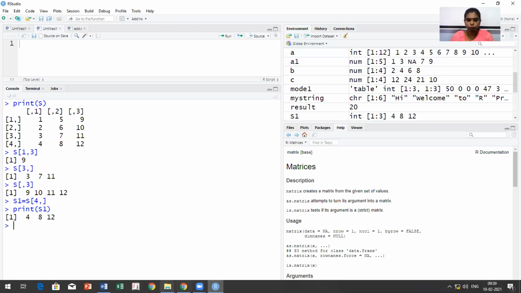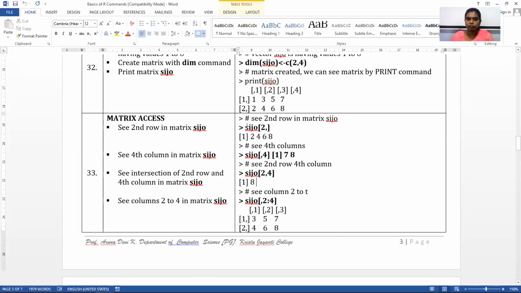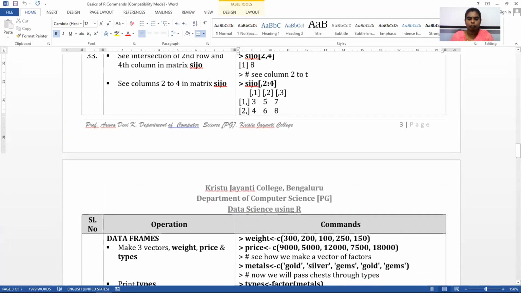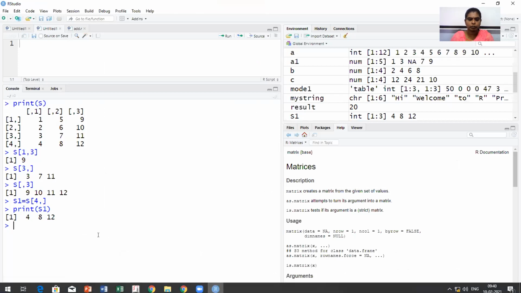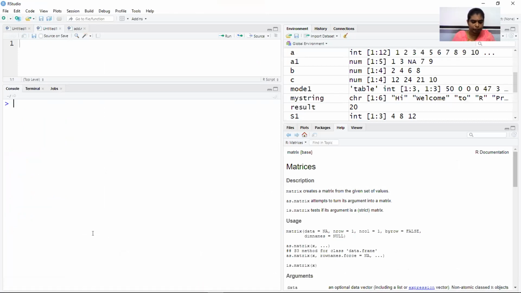Okay. So now are there any more ways I can access my data? So we have seen how we extract the full row, how we extract the full column, how we access the data. Now there is another option. What is the other option? I want to extract partial columns. What do you mean by partial columns? So now again let me take S. So this is my S. Okay. Now I want only row 1 to 3 or row number 2 to 4. So how do I do that? So I can just give S.